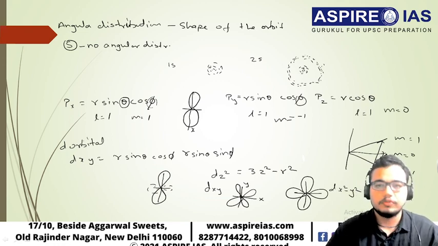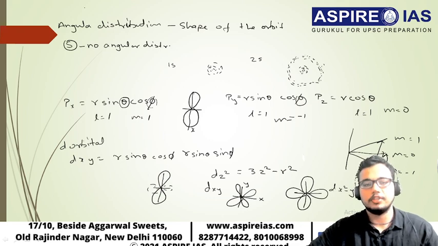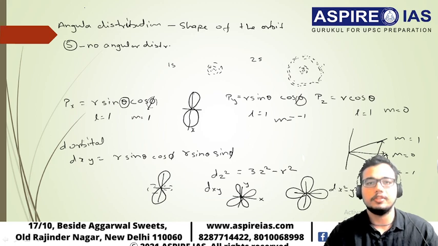So from this we have completed the hydrogen atom and all the polar coordinates. This is the maximum they will be asking in the question: either the shape of the orbital, or the radial distribution of the electrons in the orbital, the probability, the radius of the orbital by finding the maximum probability. So that's all for the hydrogen atom.